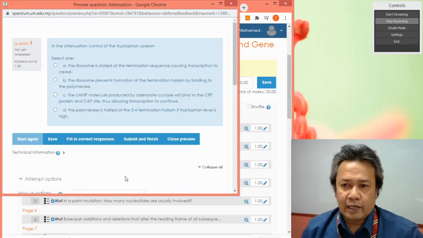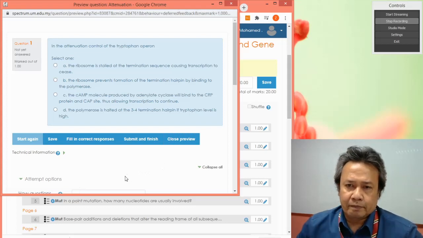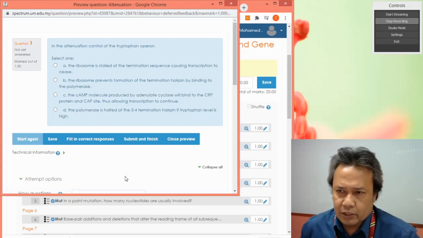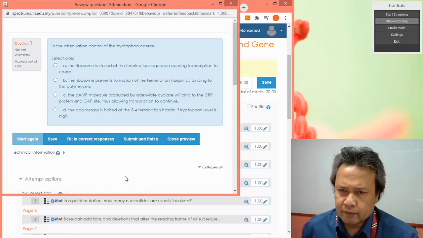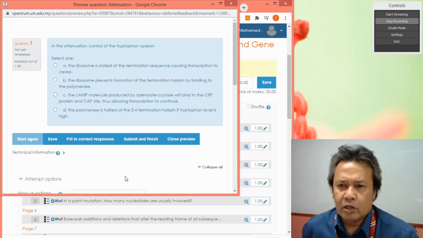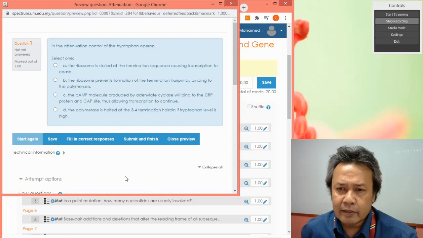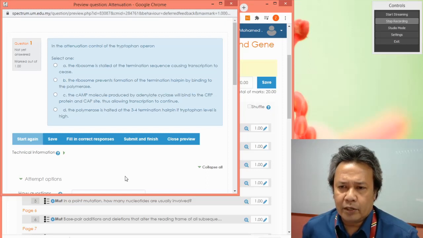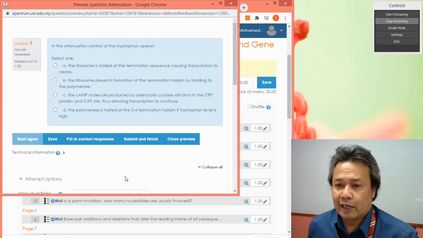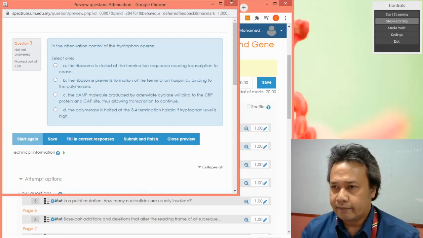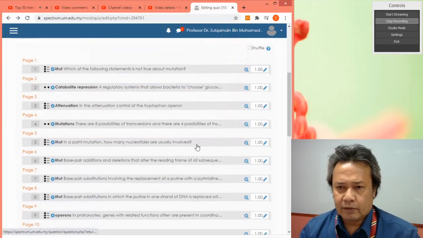Number 3. Attenuation control of the tryptophan operon. The ribosome is stalled at the termination sequence during transcription, causing no termination. No, the ribosome prevents formation of the termination hairpin by binding to the polymerase. That's also not true. The cAMP molecule produces adenylate cyclase, which will bind to the CRP protein, and that's not about the tryptophan operon. The polymerase is halted at the 3,4 termination hairpin if tryptophan level is high. That's correct. So the answer is D. Catabolite repression,